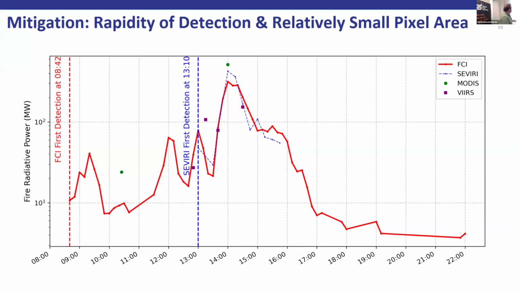Okay, one thing that this did, so we have got some data. These are some fires in Portugal that happened in September. The red line is FCI, the new one. The blue line is SEVIRI, what we do at the moment, and green and blue dots are occasional observations from polar orbiters. And what you see is when they all view at the same time, they're roughly telling you the same power output from the fire.